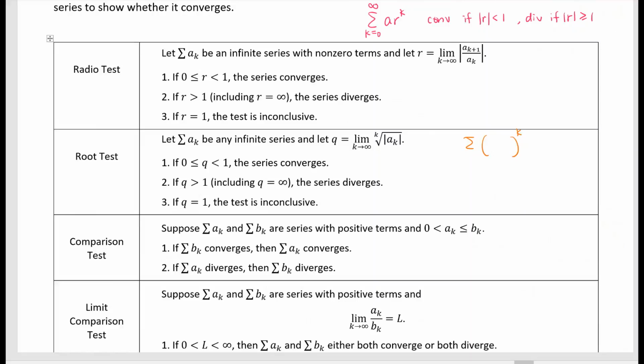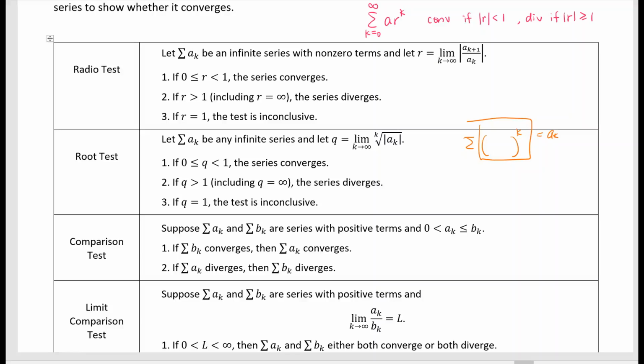So remember, this is like a sub k, and you let q, the root, be the k-th root of this. If you apply the k-th root and the k power cancel, you just get the expression inside of it. And depending on the q values, if q is between 0 and 1, less than 1,